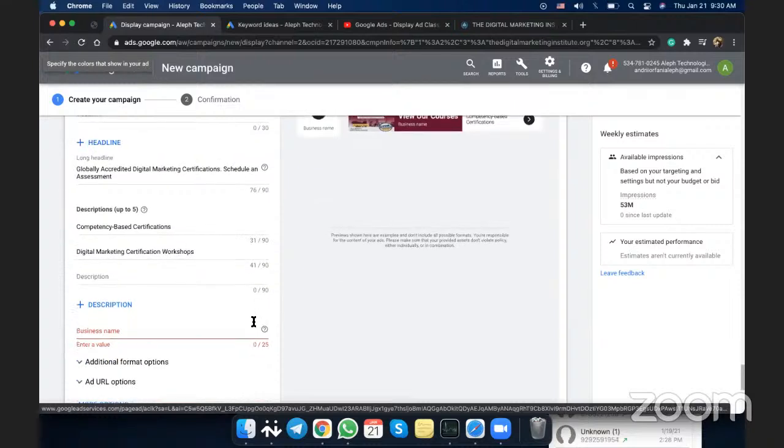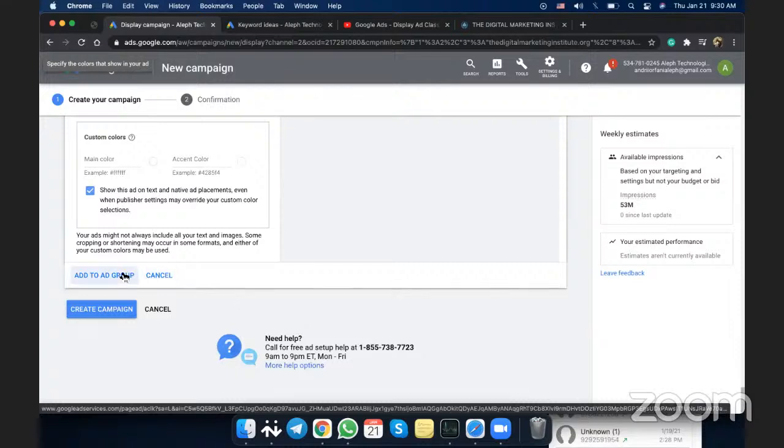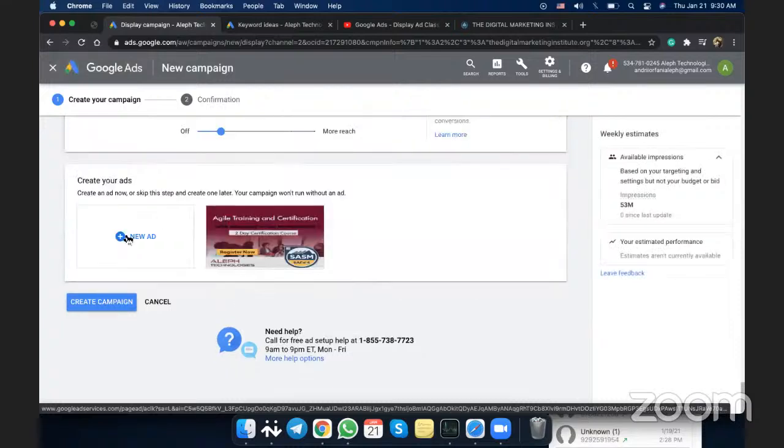Okay, here it is. When we add to ad group, it's just going to add, and we can create another ad if we want. The very last thing would be create campaign. Again, we don't want to run this, so we're not going to create a campaign. But basically, after you click on this button, it's going to show you that your campaign was successfully created, and that they're just going to review it. So let me just